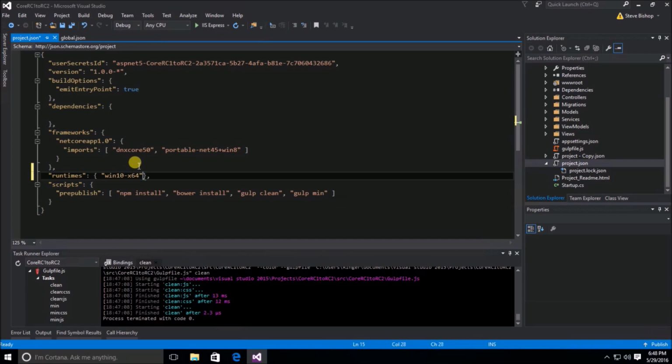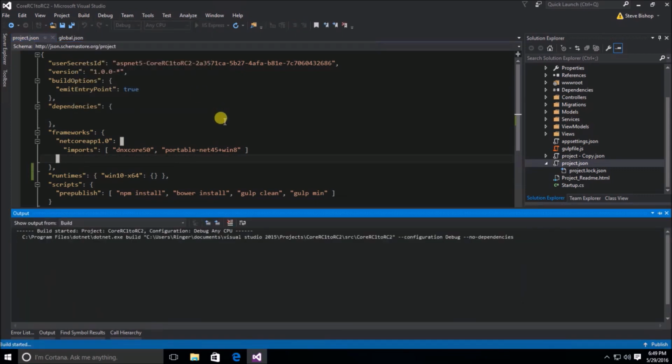And after we do that, it's going to need a colon and then some extra curly braces, open and closed, and that should do it. So now we're specifying Windows 10 x64 as one of the runtimes that we can operate under. Let's go ahead and save this. And now if we once again try to build our application,